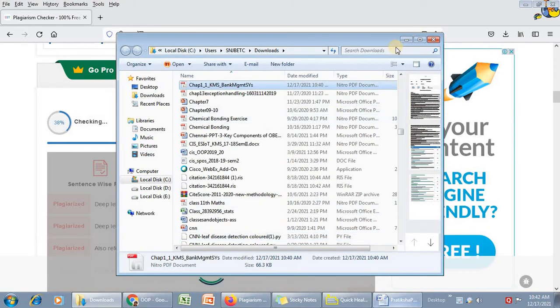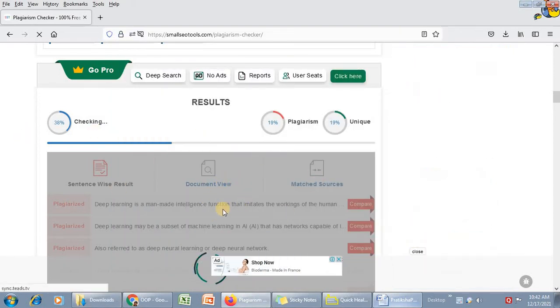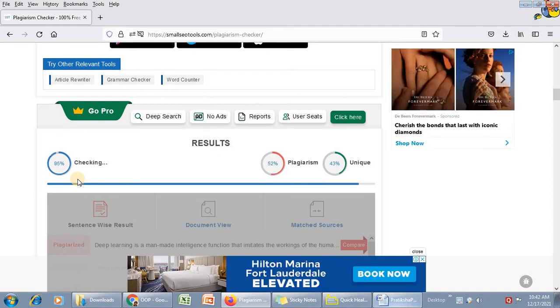So I save this particular thing, and now if you observe, the second chapter contents are also being checked, and I can see over here. Now here obviously the literature survey will give you much more plagiarism, because most of the contents are copied from other sources. But though you have this plagiarism, what you have to do is change the wordings at least, so that the entire plagiarism is not there. To gain more marks for the plagiarism, or to skip away from the plagiarism, you can change the contents by writing it in our own words.